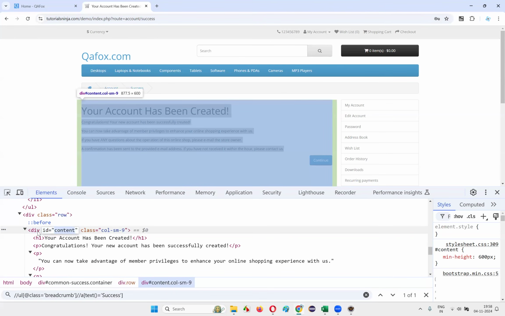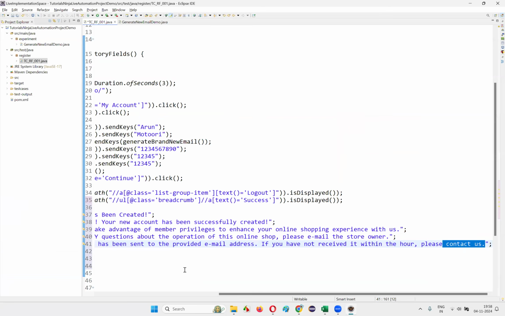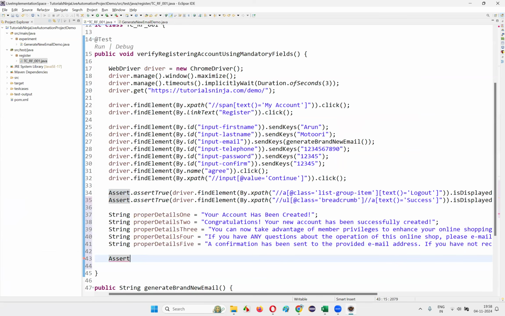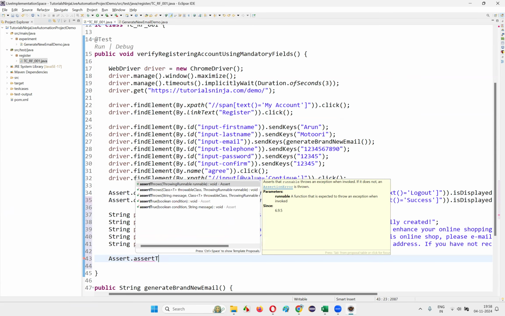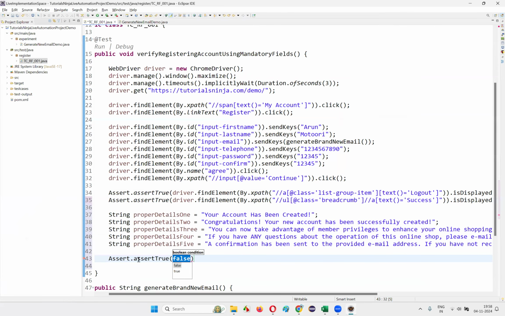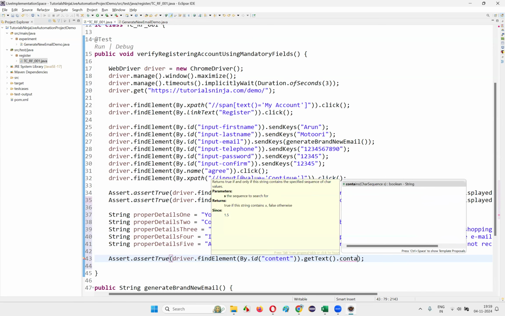I'll copy this ID, content. And here I'll simply write Assert.assertTrue. Here I'll write driver.findElement(By.id) of that particular div tag, I'll take the ID and say .getText(). Assert.assertTrue(driver.findElement(By.id("content")).getText().contains(